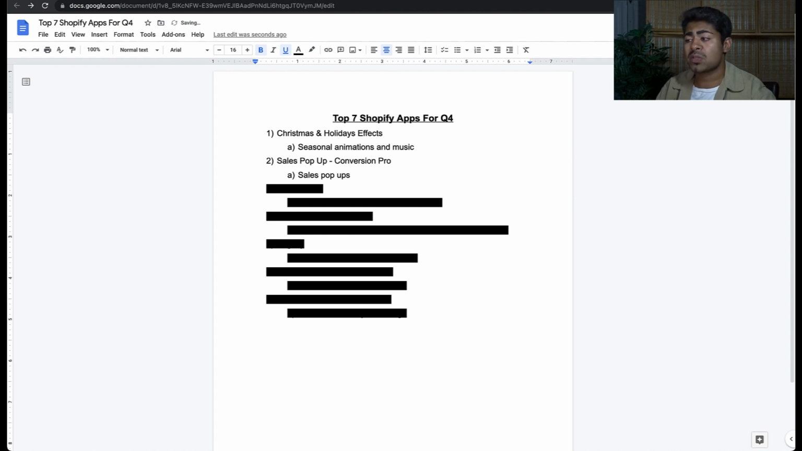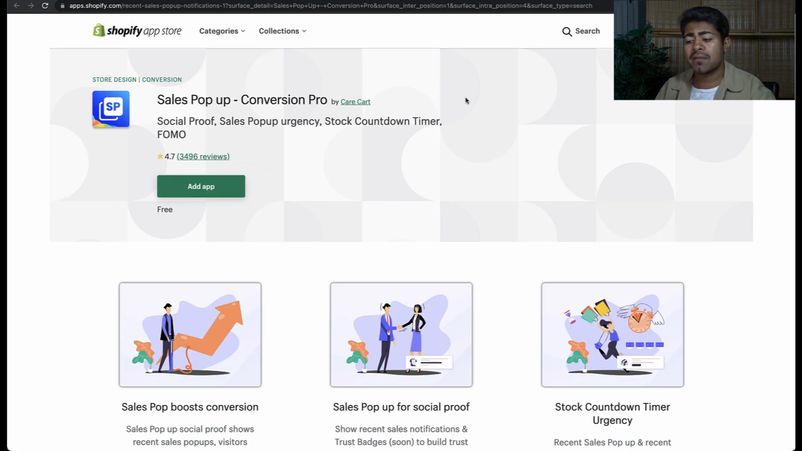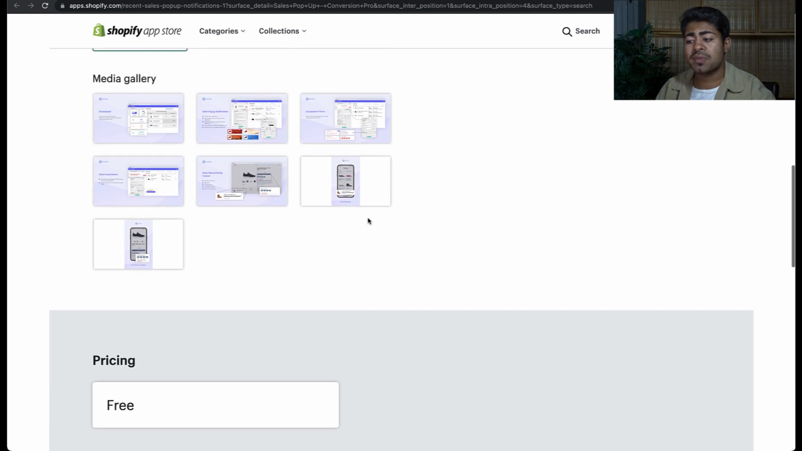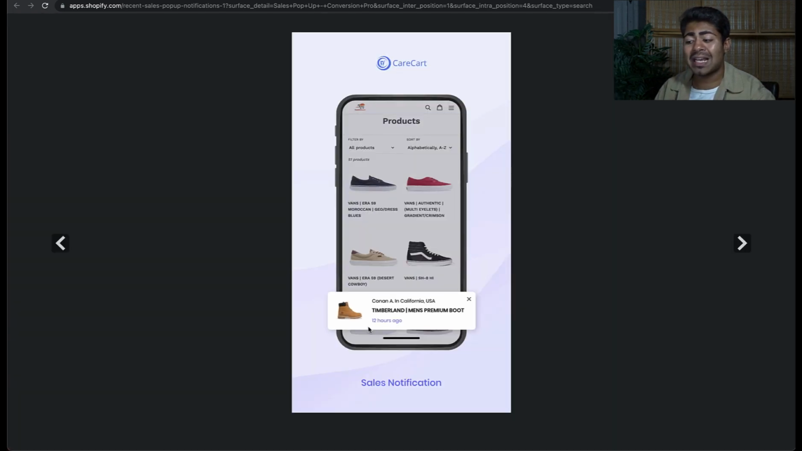But this brings me to app number 2 on my list, and this is the Sales Pop-Up Conversion Pro app. This is one of the best apps I have installed on my Shopify store, and this is the app right here, Sales Pop-Up Conversion Pro. I believe that this is one of the best apps I've personally installed on my website simply because of the ability it has to pop up on the side or at the bottom of your website